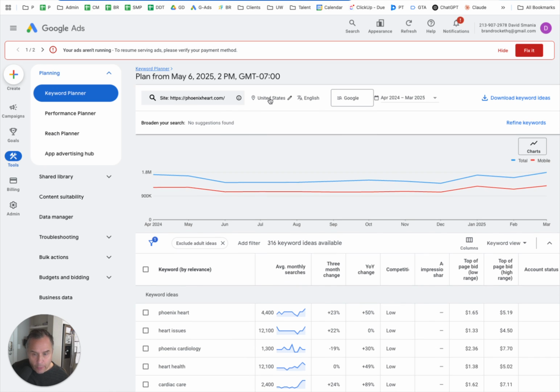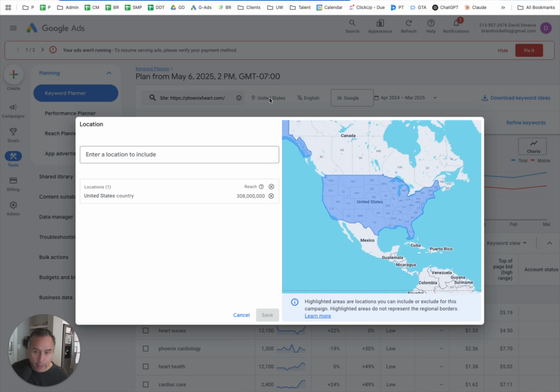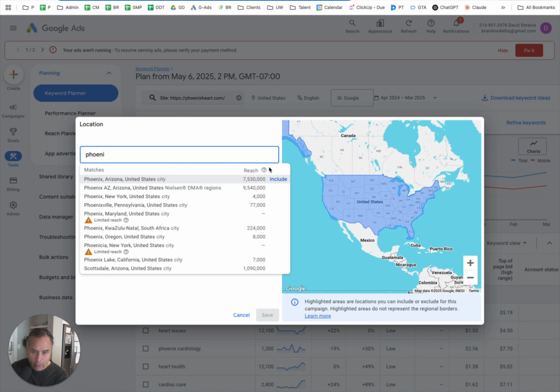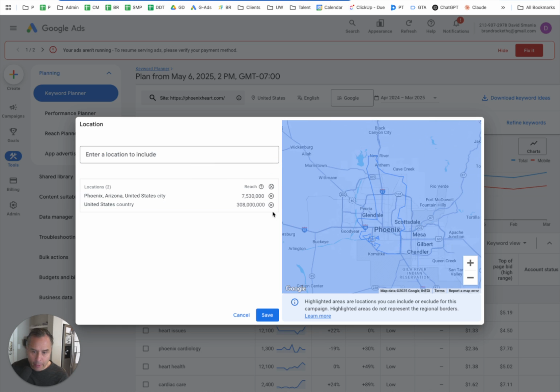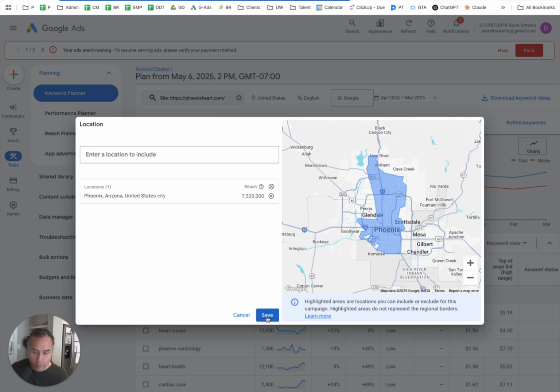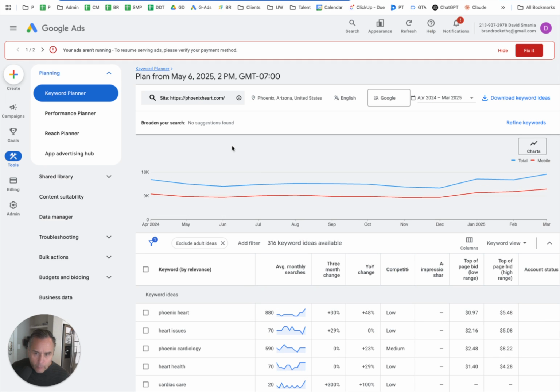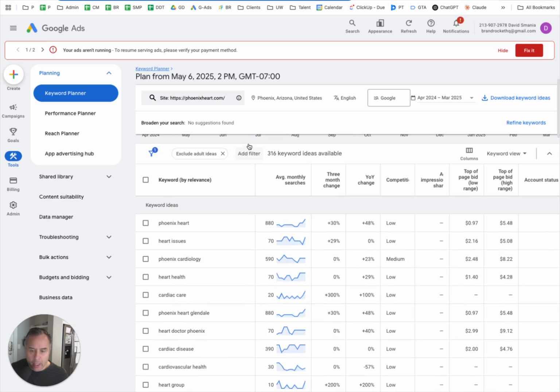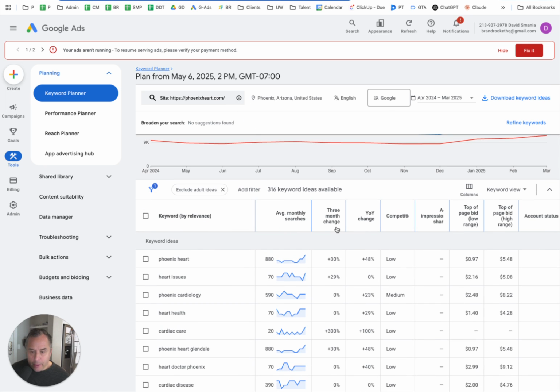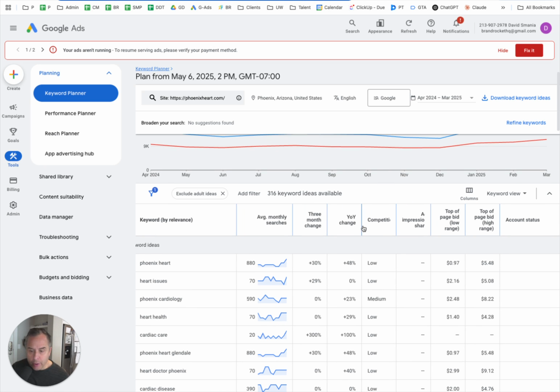Now, it's going to default to United States. I would highly recommend tightening that up. So let's say, okay, I just care about the Phoenix market. So I'm going to just say that. I'm going to get rid of the US because I do want to see some volume data here, right? All right, so this is going to give me average monthly searches, 3 month changes, year over year changes,